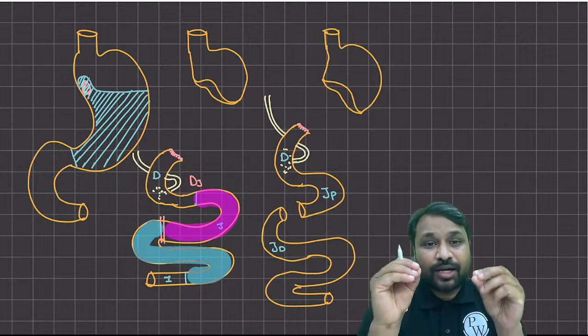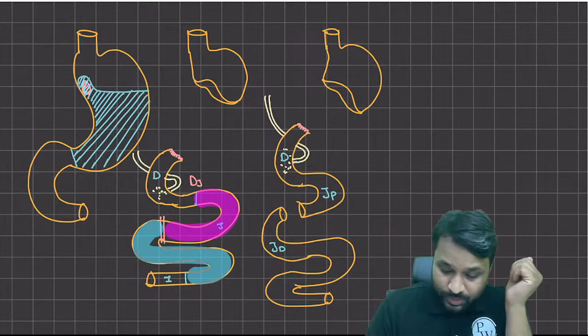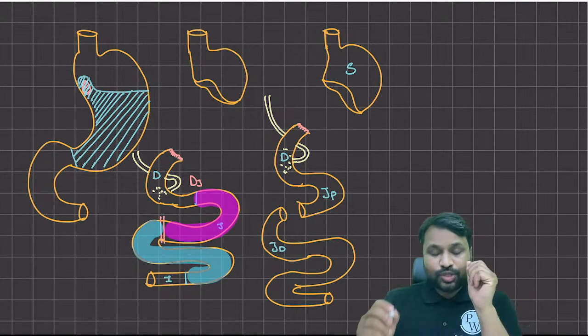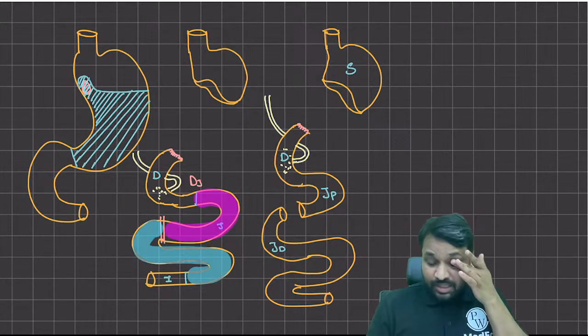Now which part of the jejunum will you go and make an anastomosis with the stomach? The stomach is here, right? So will you take the proximal end of the jejunum? Now imagine if I take